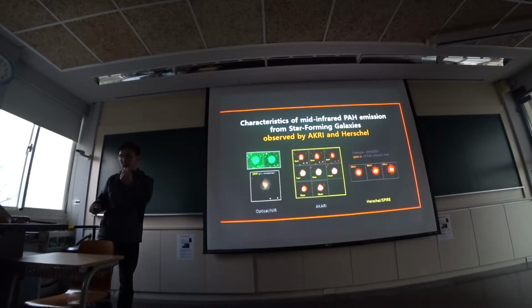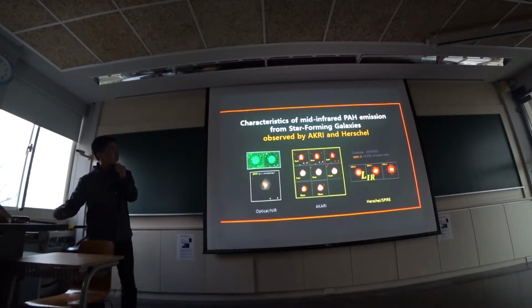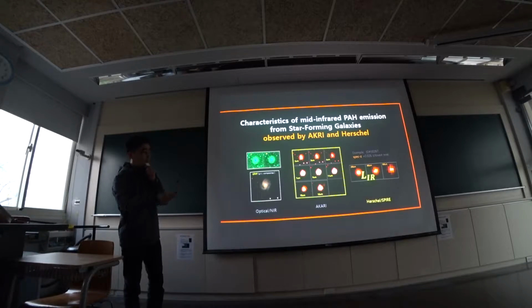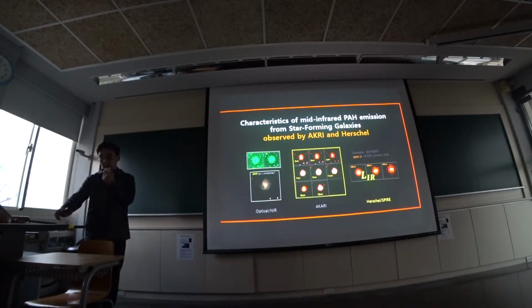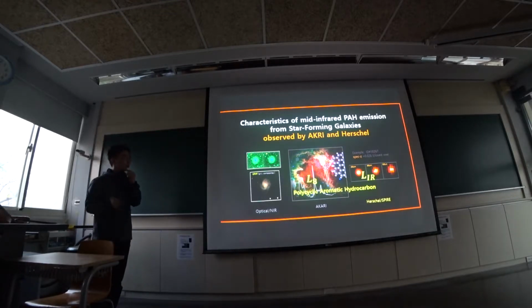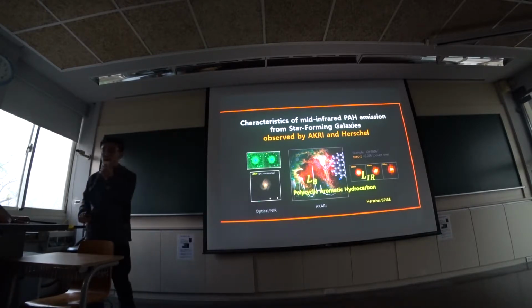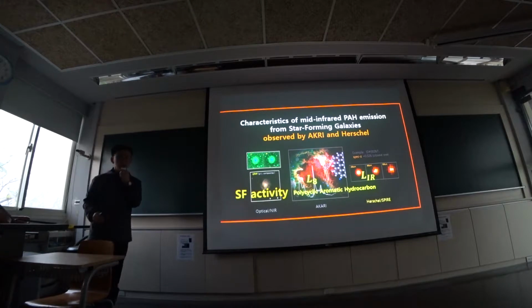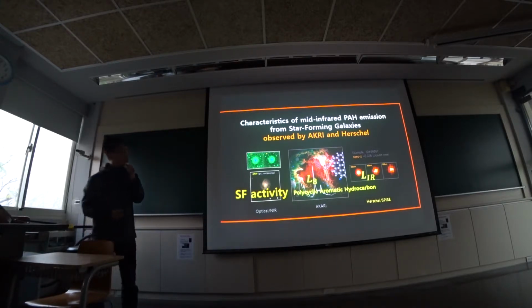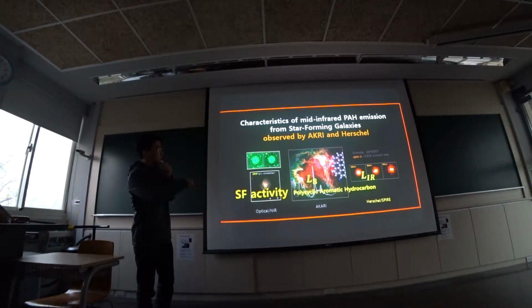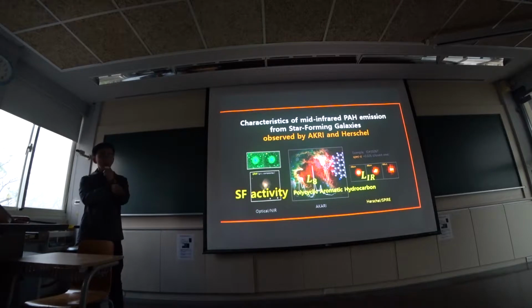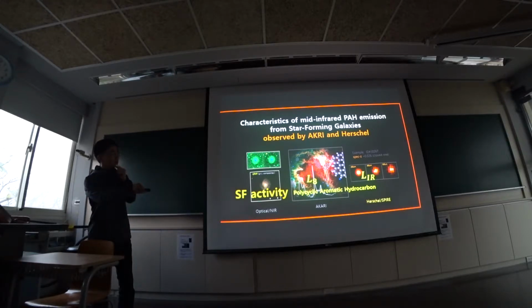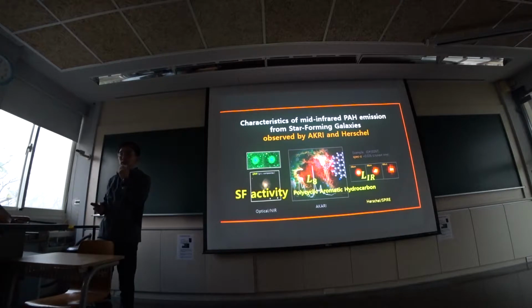We are interested in the infrared properties, especially, for example, total infrared luminosity, normally determined by the far-infrared data, and mid-infrared properties, for example, the 8 micron luminosity, representing the polycyclic aromatic hydrocarbon, which we call PAH or PA, or star formation activity, for example, star formation and stellar mass. Among these galaxy parameters, total infrared luminosity is one of the most interesting and important parameters, especially in infrared galaxies. So the relation between the total infrared luminosity and the other galaxy parameters is always an interesting issue in